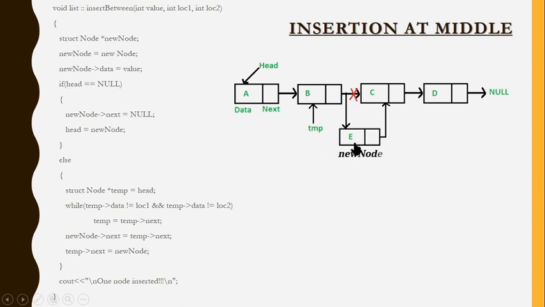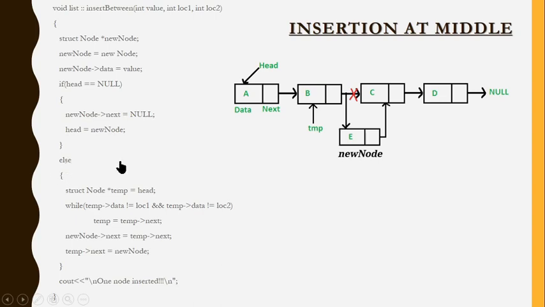First, let me create this node, the same 4 steps: create a pointer, dynamic memory allocation, give the data, and we have to check whether this is the only node or there are existing old nodes. So this is the only node. We have to check a condition: if head equal to null. We know the drill. New node's next should be assigned as null, and this new node should be named as head. Done. Only the else part differs.